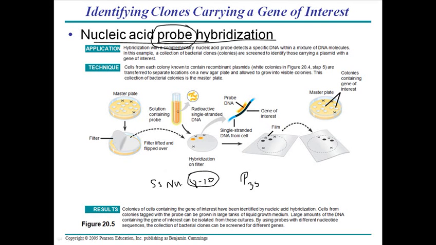Sorry, it's P32, phosphorus, no, P35. Sorry, it's P32 for phosphorus, and sulfur is P35. It is normally labeled by this